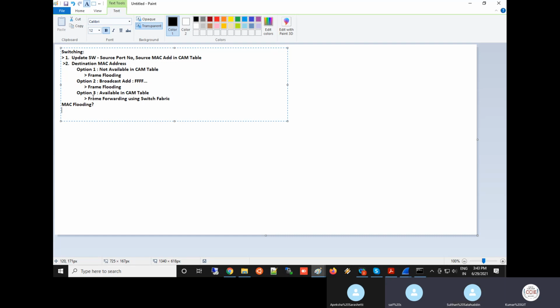So there is a limitation on these tables, like for example, 2048 entries. If there are more than 2048 entries, the old one will go and the new one will be updated in the CAM table. So after some time, what will happen? The attacker will send 10,000 MAC addresses per second, 10,000 different source MAC addresses in the packets. So this switch will have only 2048, and after that it will keep updating. Then only fake MAC addresses will be there in the CAM table.